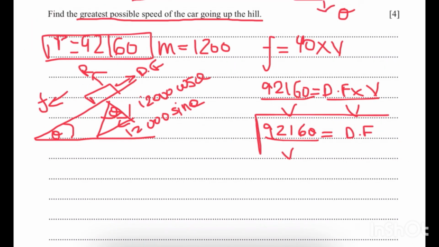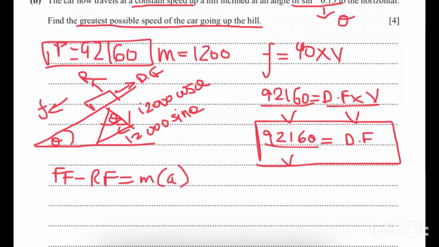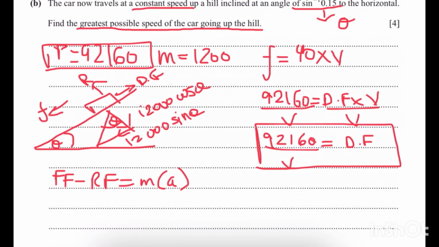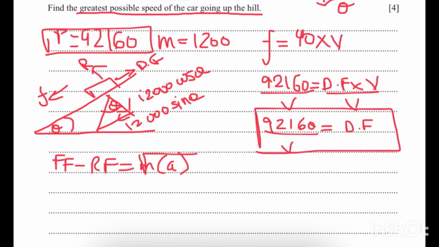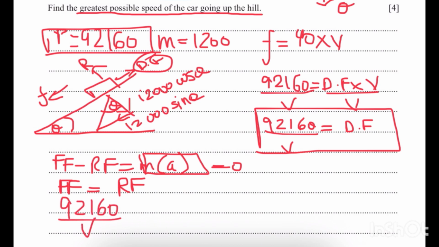Use this driving force in the forces formula again. So forward force minus resistive force is equal to the mass multiplied by the acceleration, and they've told us that the car is moving up at a constant speed again, so that means acceleration is equal to 0, making the right side of the equation also equal to 0. So that means that forward force must be equal to the resistive force acting on the car. In this case, the forward force is equal to the driving force, which is 92,160 divided by V, which we took from over here, and the resistive force will be the force of friction, which will be 40V,